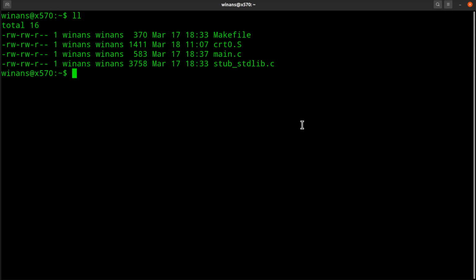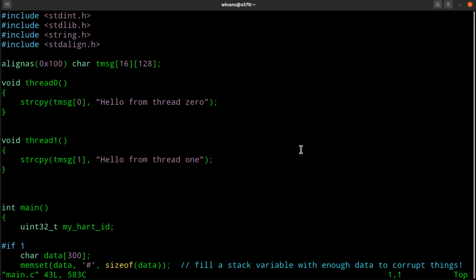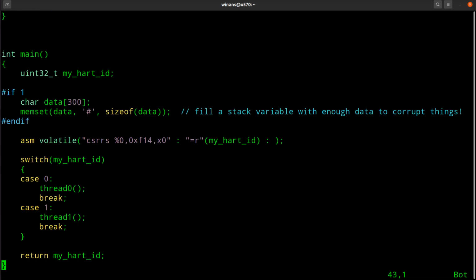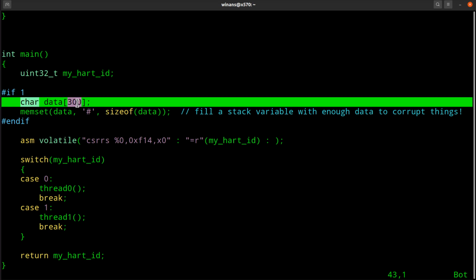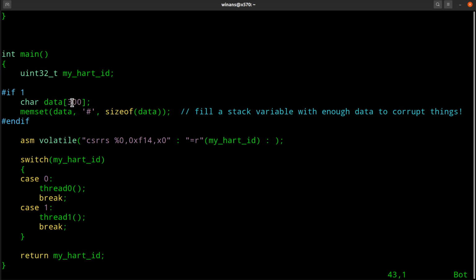Now, before I go, let's look at one more quick example here, all right? So this is all great and fine and dandy, right? But we've got a problem here. What would happen if I declared a variable on my stack that's really big? 300 bytes is more than hex 100. Remember, each stack holds hex 100 bytes, which is 256 in decimal. So if I declare an array as a local variable in main, the storage to hold that variable will be on the stack